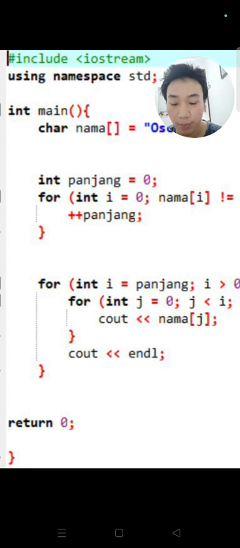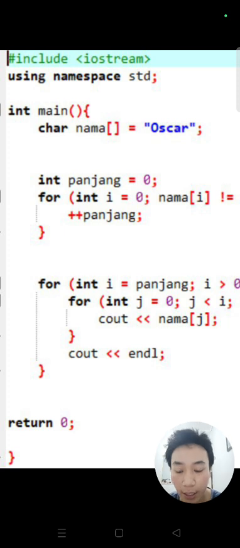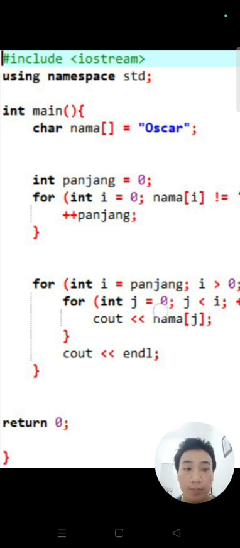Okay, step number 1 is to include the iostream and string header and namespace. The program begins with including the iostream, which is used for input and output operations. Using namespace std is simply for the use of cout and cin without prefixing std. The next step is string declaration.